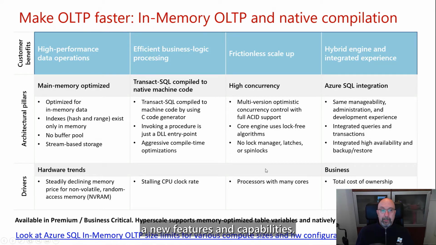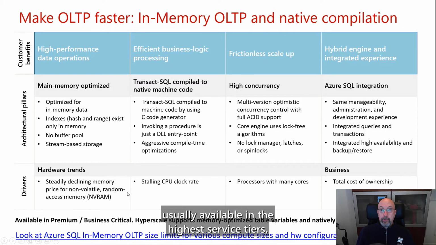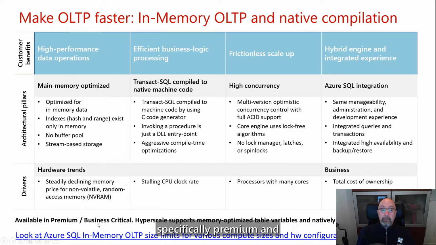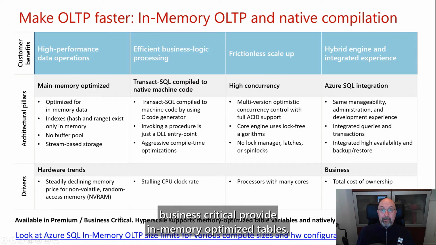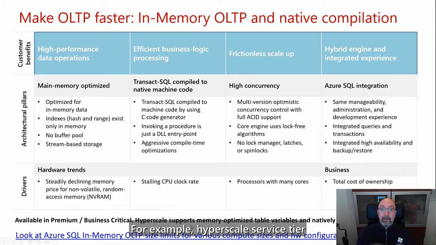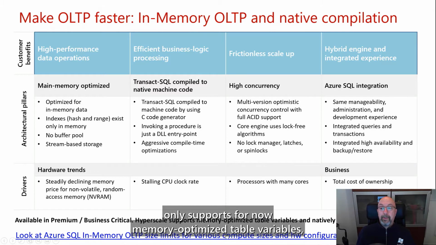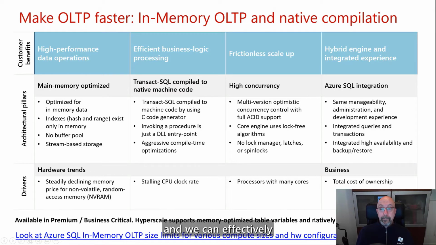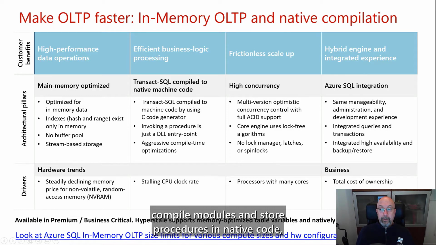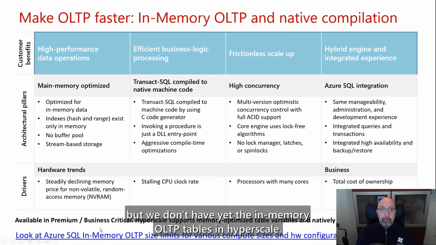new features and capabilities. From an Azure SQL perspective, those in-memory capabilities are usually available in the highest service tiers, specifically premium and business critical, which provide in-memory optimized tables, for example. Hyperscale service tier only supports for now memory optimized table variables, and we can compile the modules and stored procedures in native code, but we don't have yet the in-memory